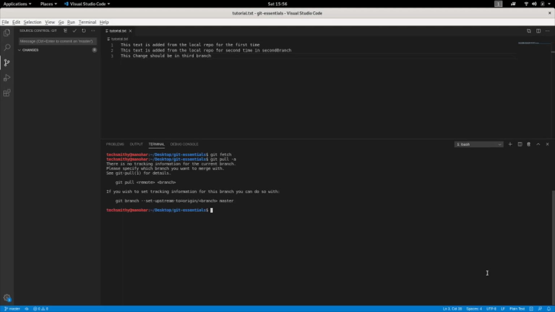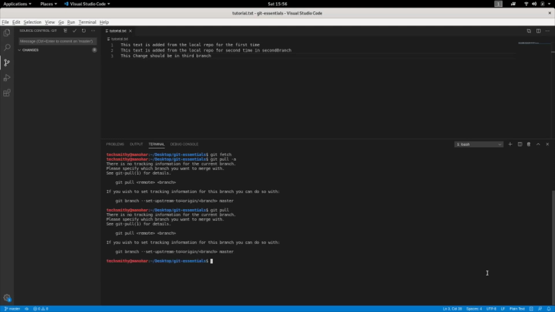That's it. There is no tracking information for the current path. Okay, let me do git pull. Please specify what branch you want to merge with. I know why this came. Okay, let me do this again.